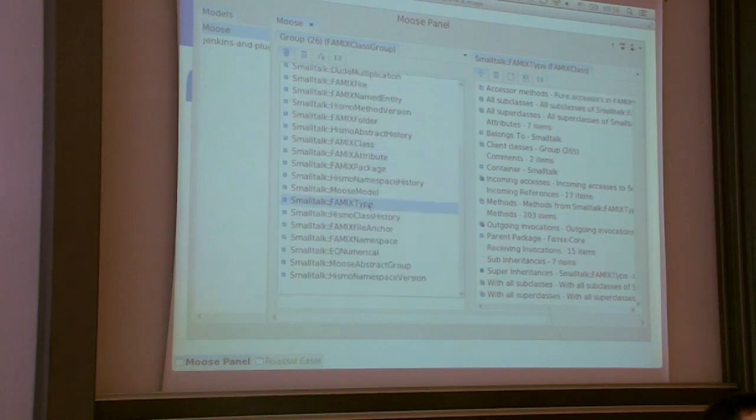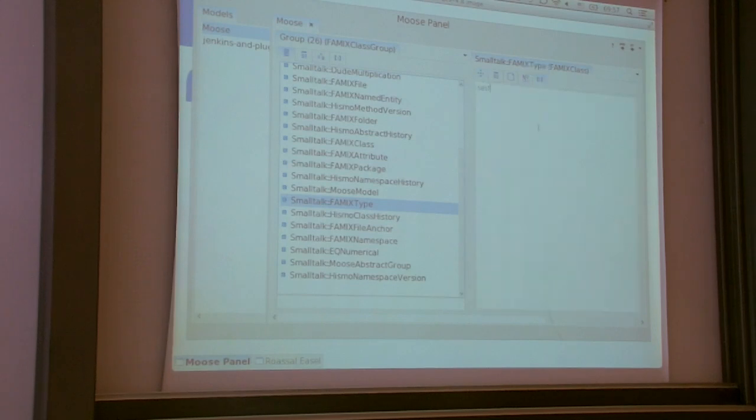So this is one of those classes that's annotated with multiple metrics, and this is the super type of all the types. So you can have classes, you can have generic classes, we call them parameterizable class, and so on and so forth. And what we can do here is that